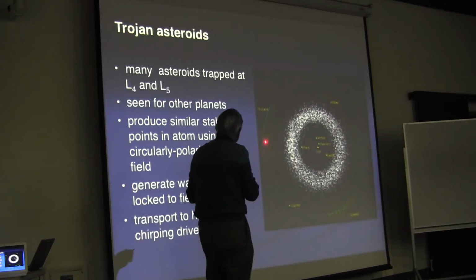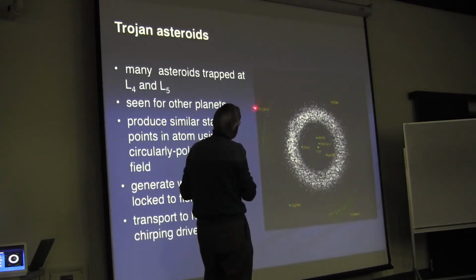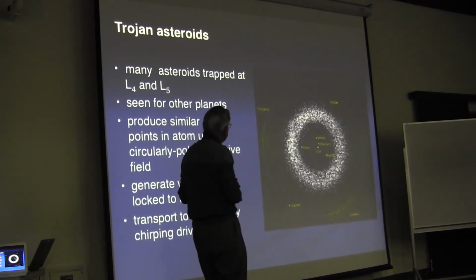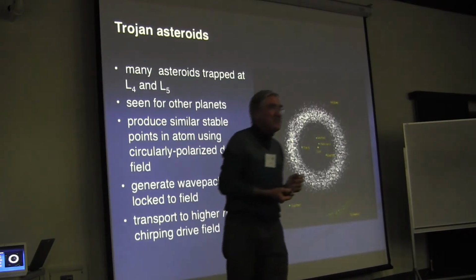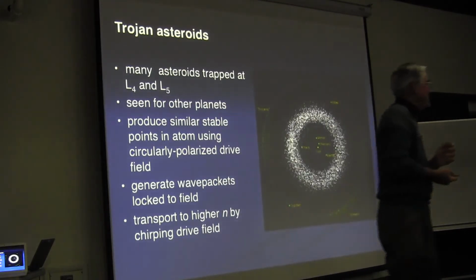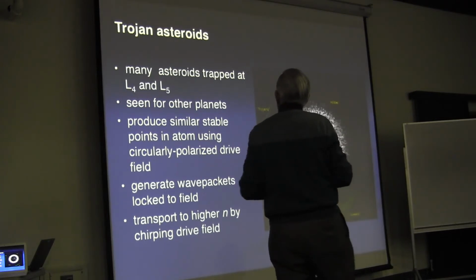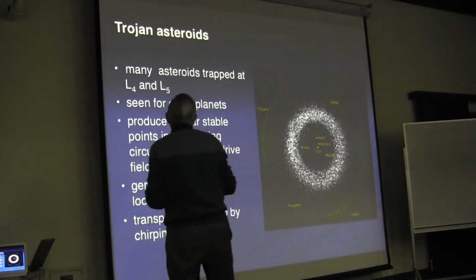Now, it turns out that originally they were called Trojan asteroids because when they were first discovered, they were named after prominent figures in the Trojan-Greek War. So these were named after Trojans, these were named after Greeks. But now it's known there are hundreds of thousands of the damn things, so the naming system doesn't work. But there are many asteroids found in these 2 locations, okay?